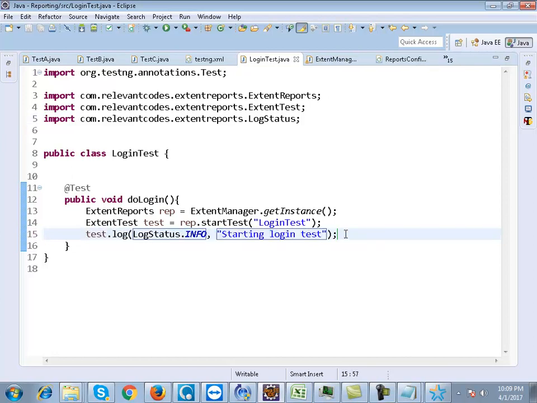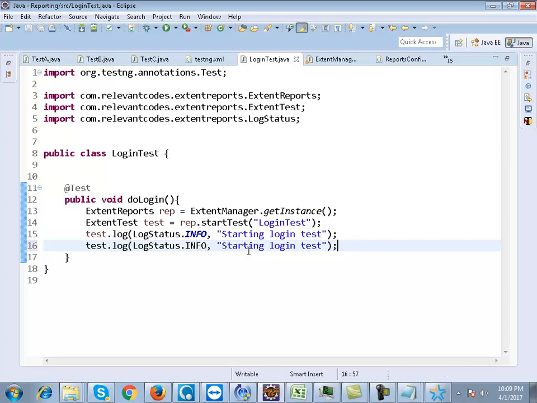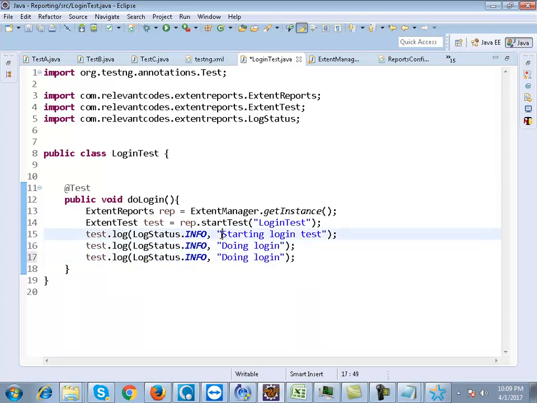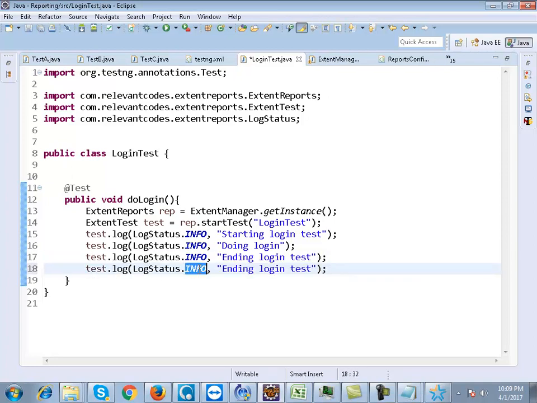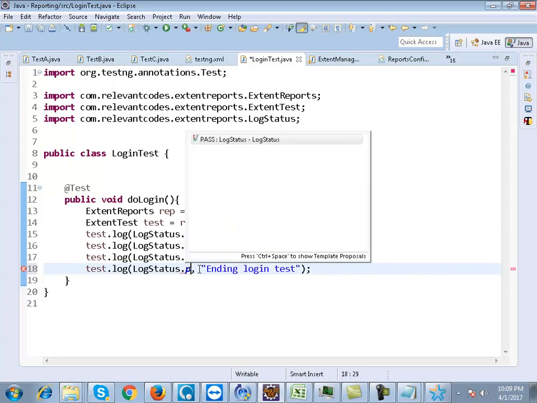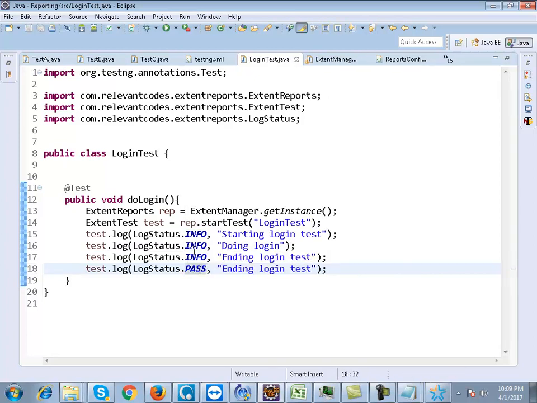Then you can write doing login, and then you can write ending login test, something like this. And if you want to report in the test case that it is passing, you can write log status dot pass. So when you run this code, the report should be generated, but it will only be generated